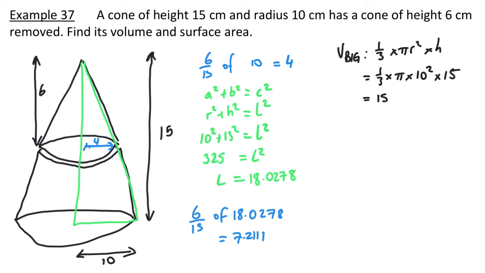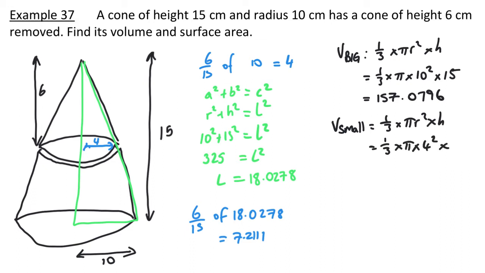So that's 157.0796. Now we need to work out the volume of the small cone, and that's a third times pi r squared times h again, which is a third times pi times 4 squared times 6, which is